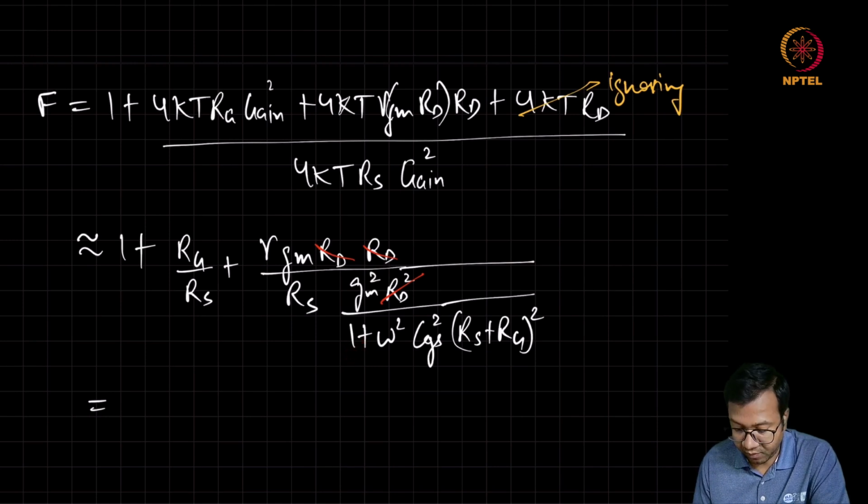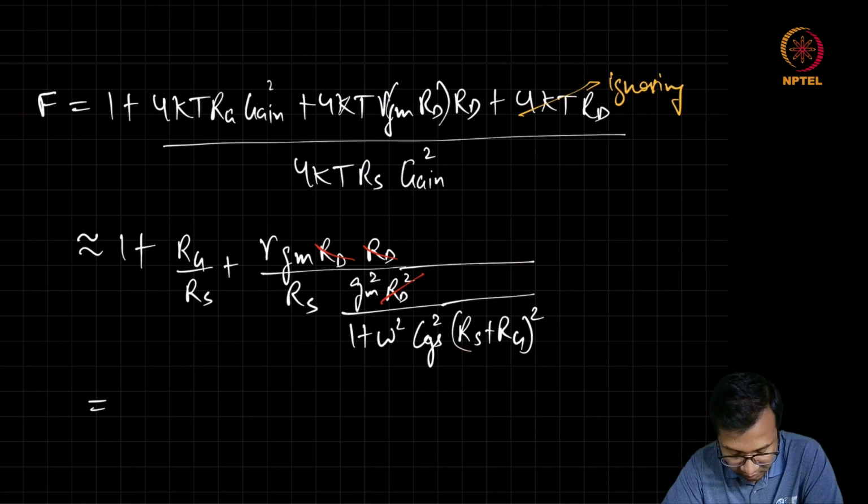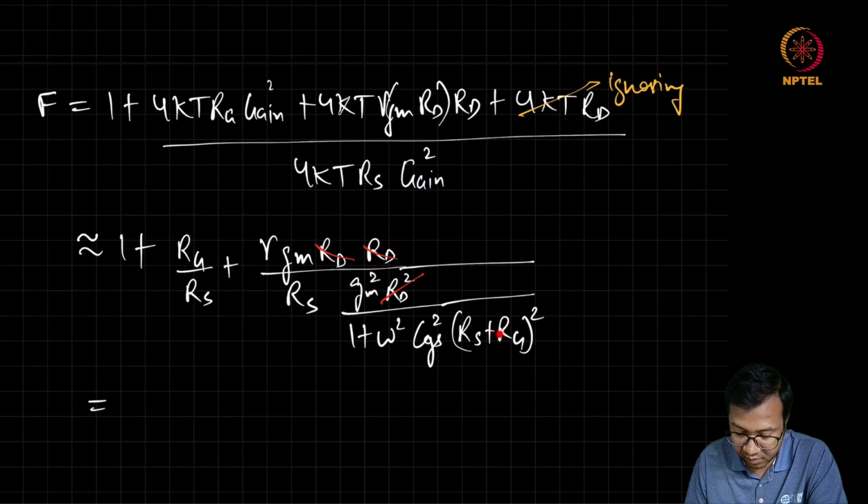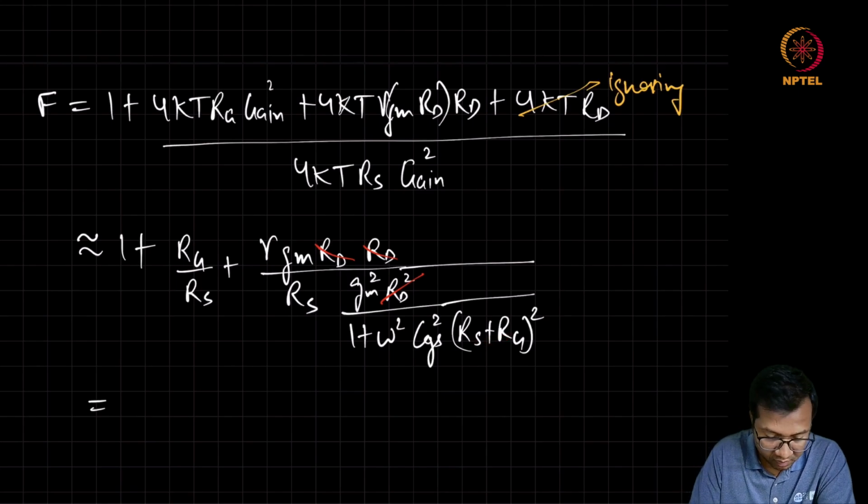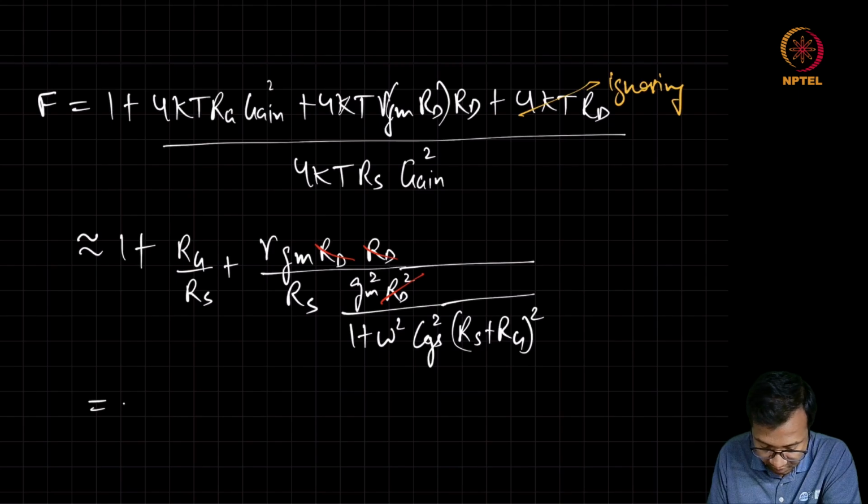Another approximation we can do is when we are adding this Rs plus Rg, this Rg will be just a few ohms and Rs can be pretty high. So again, just to simplify the derivation, we can ignore Rg when compared to Rs. So including these two approximations, I can write it as